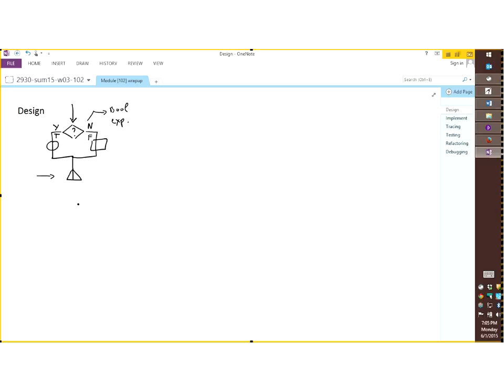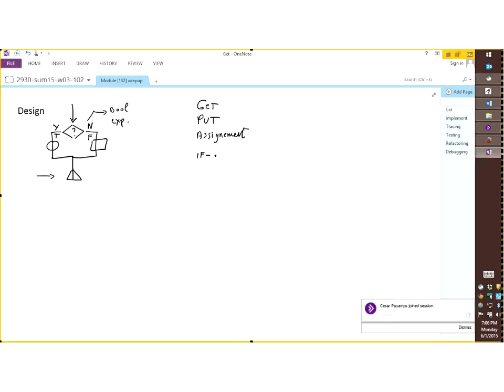Now the main question when you try to design a solution to a problem, the main question you're going to ask over and over and over is, well, the very first question is, do I need an if statement? So far, what did we study? We studied four different statements. We studied the get statement that reads something. We studied the put statement in Raptor that displays something on the screen. We studied the assignment statement, variable x, which is 42, and now we are starting with the conditional statement.